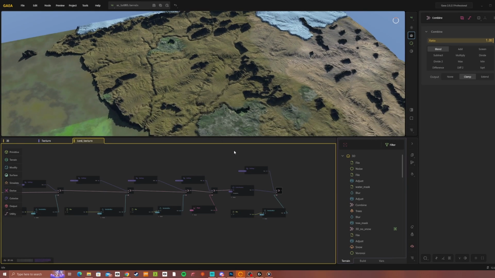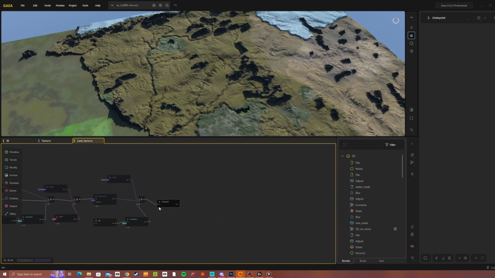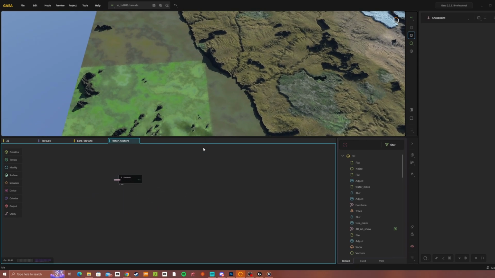So now let's move on to the water. And I think the water deserves its own tab. So I'll just drag out from here, add a choke point, and then with the choke point selected, click the graph, and then move to tab, new graph. Let's just rename this water texture. And yeah, let's start with